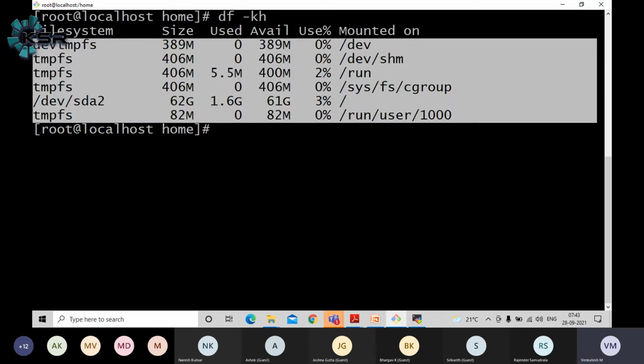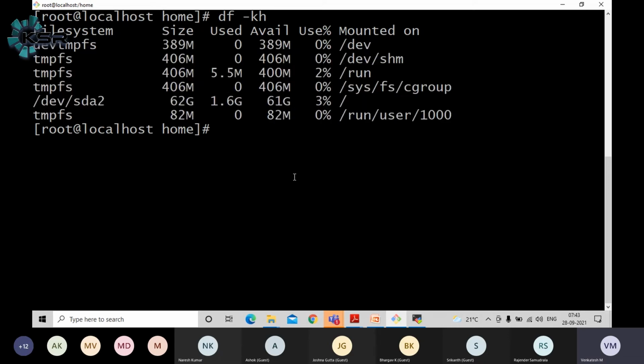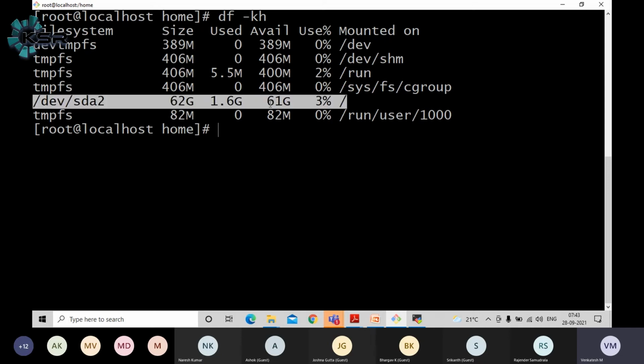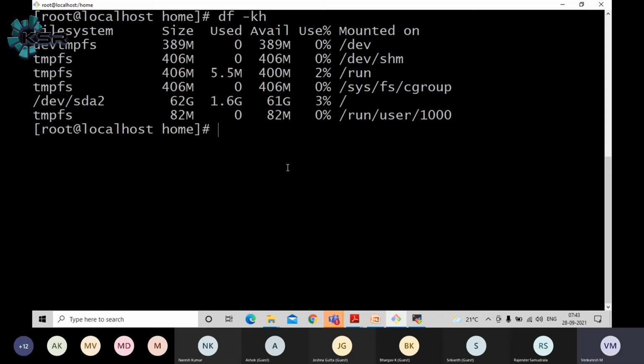You can add n number of partitions like this, guys, just like C drive, D drive. You can add any number of mount points here in Linux as well. This is how we can see this part, guys. Any question until now? We have seen the system configuration: how to see the OS version, how to see the system configuration, how to see the CPU and memory information, and also how to see the disk level operations. All these things we have seen just now. If you have any questions, feel free to ask me, guys. I will try to reiterate.